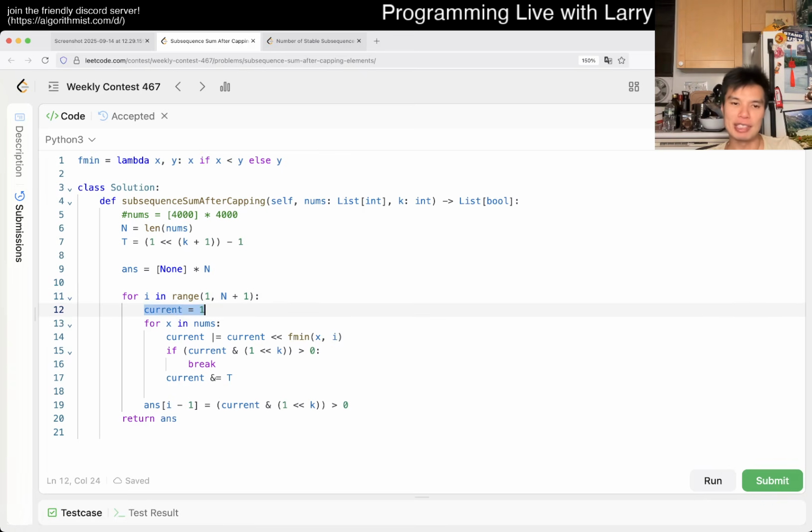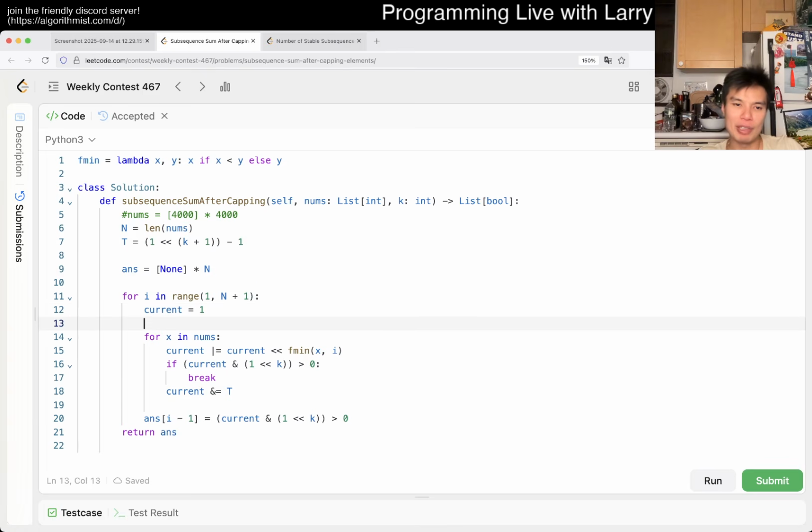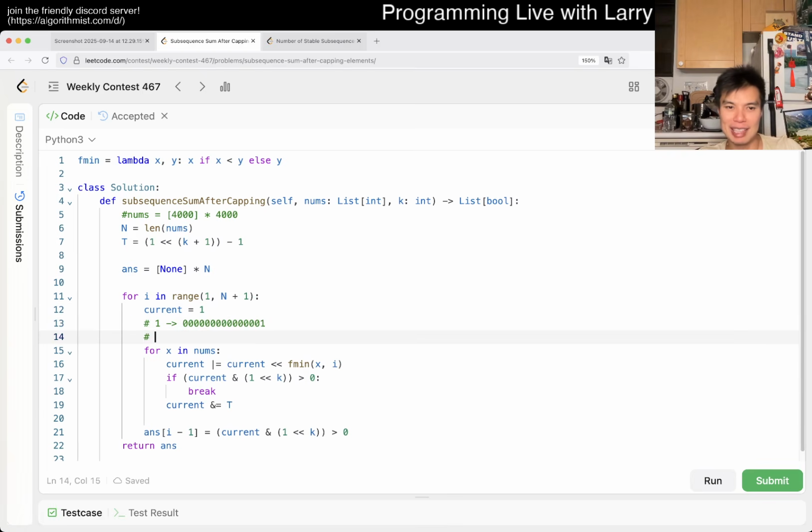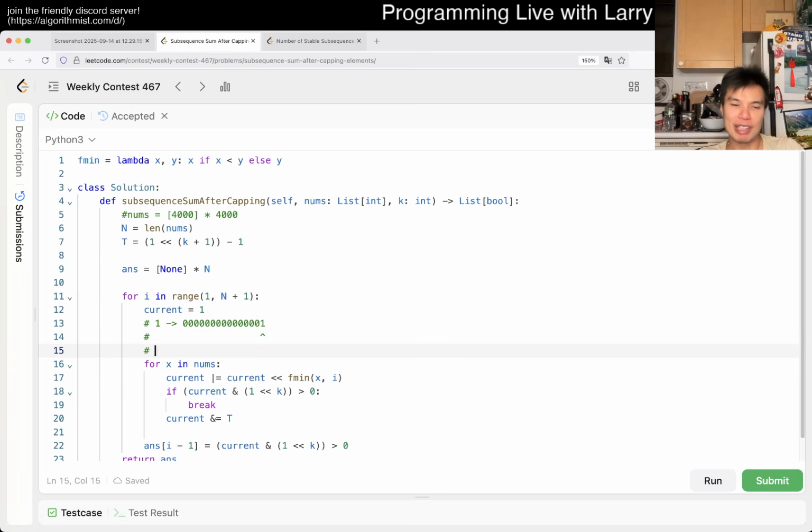We go, okay, well, set current equal to 1. Remember, we call that 1 in binary just 0, 0, 0, 0, 1. So in that sense, this 1 is on the 0th bit, right? And if you think of it as dp, then f of 0 is equal to 1 is what this is saying, right? And then for each number, we have